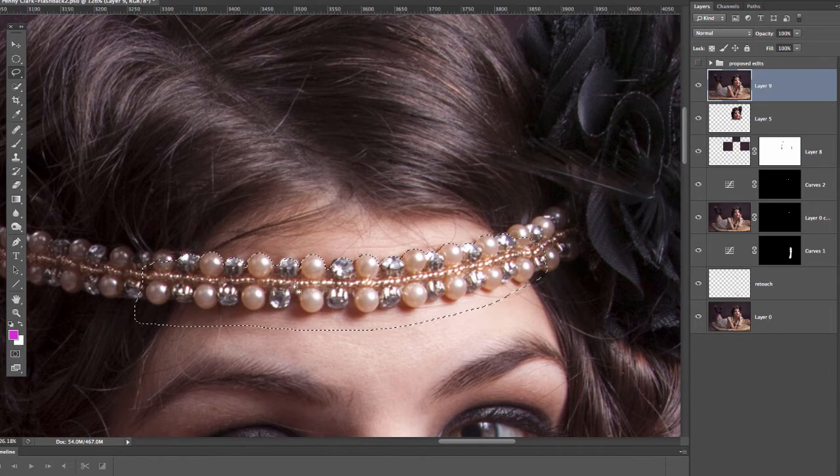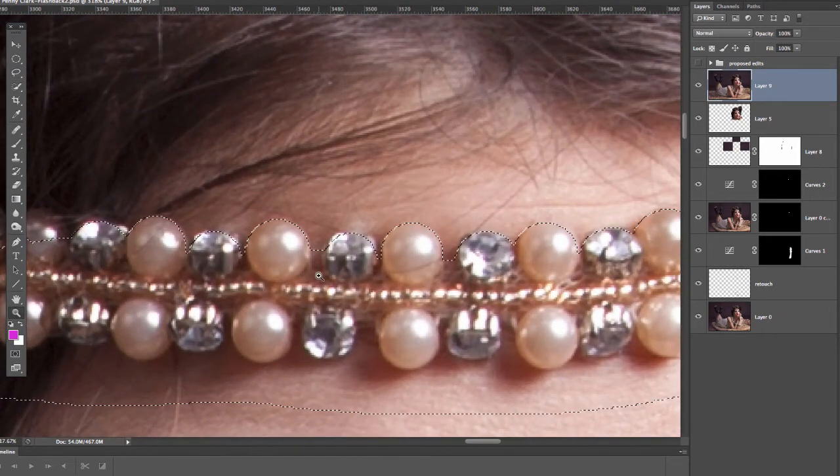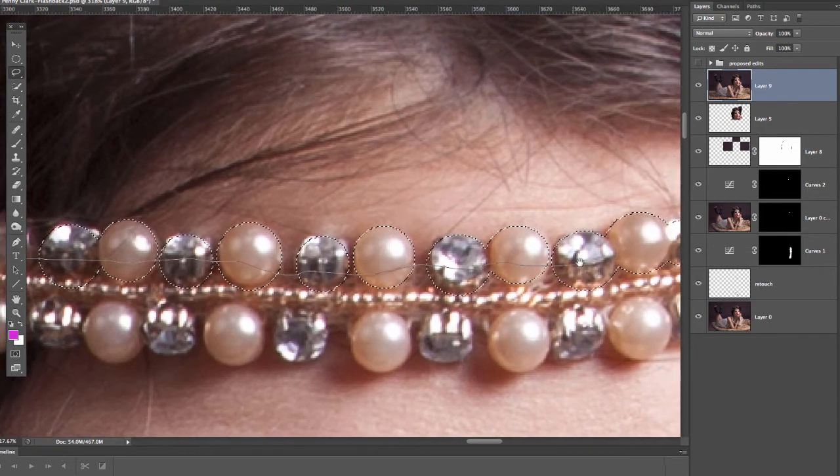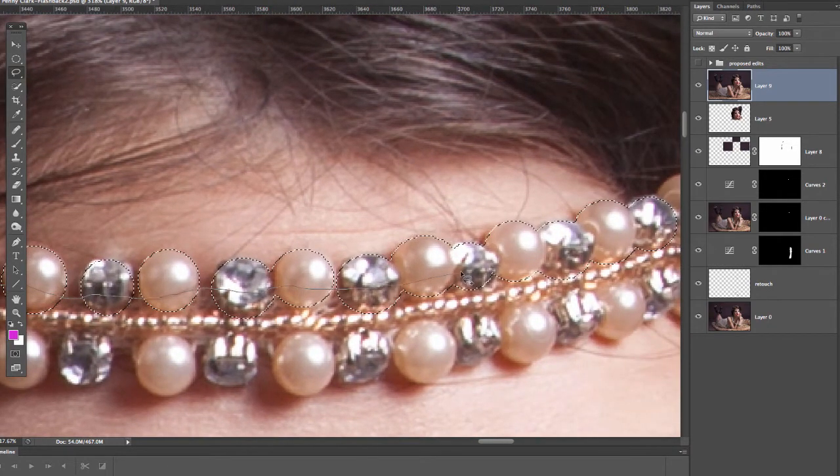Now I kind of made a mistake right in some of these spots where I took too much and went down to the skin, so I'm going to undo that, and I'm going to come back here and do this again. And I really on that particular one want to come down here, and I'm being pretty meticulous here, going through here,